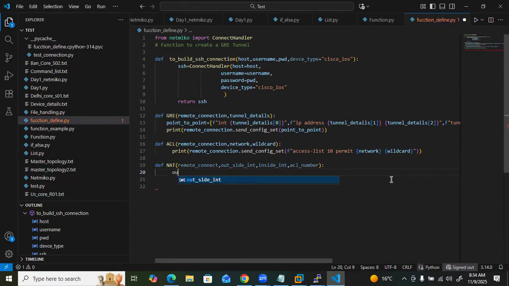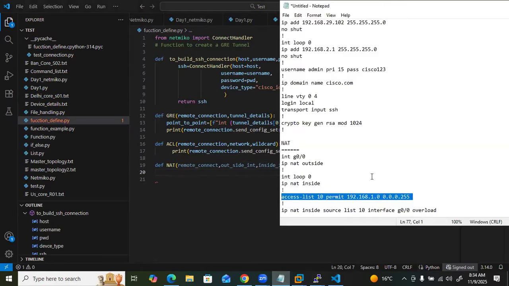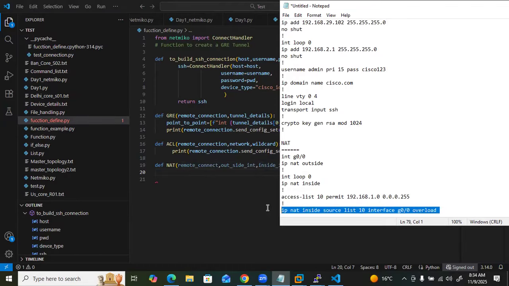We have to configure the remote connections. Once we are inside this interface, we need to execute this command. So we have to create one list for this one, and one list for this one. If I pass a single line, this command we can directly pass, that's not an issue. But this one we have to create a list so that it will understand this command is part of